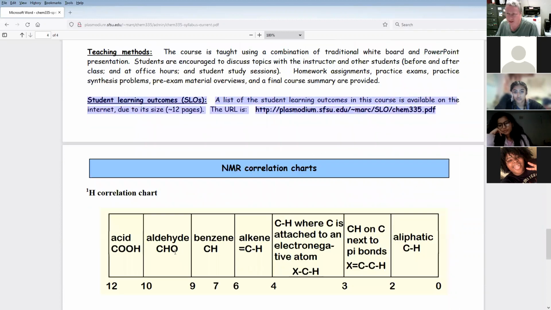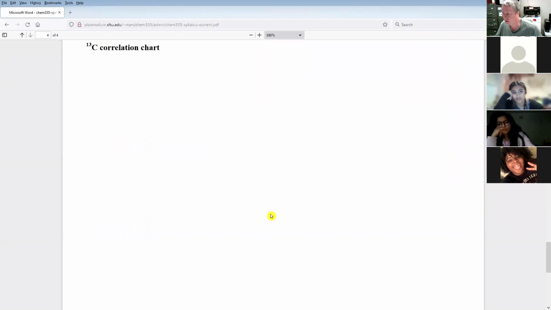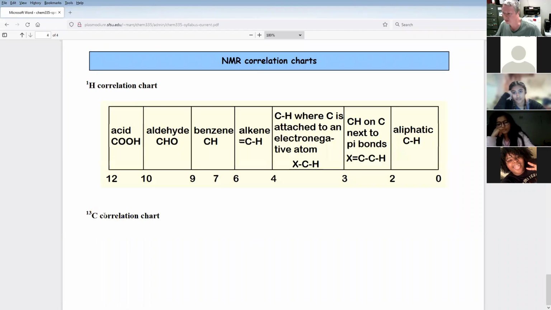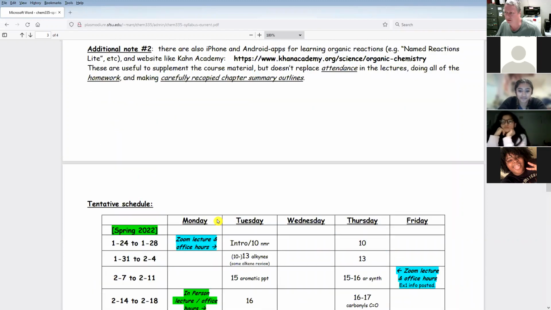Okay, is that it? NMR correlation charts. These are going to be your friend very soon as we learn NMR. These will also be available on the exams, but we first have to teach you the basics of NMR. I don't know why the carbon one didn't show up. I think it's in the PDF. Okay, all right. So anyway, you guys can download the syllabus